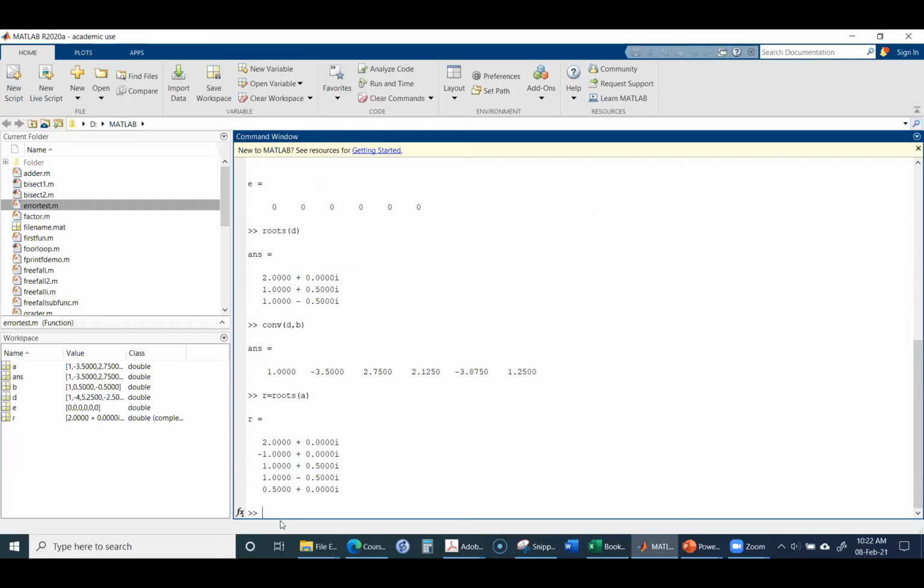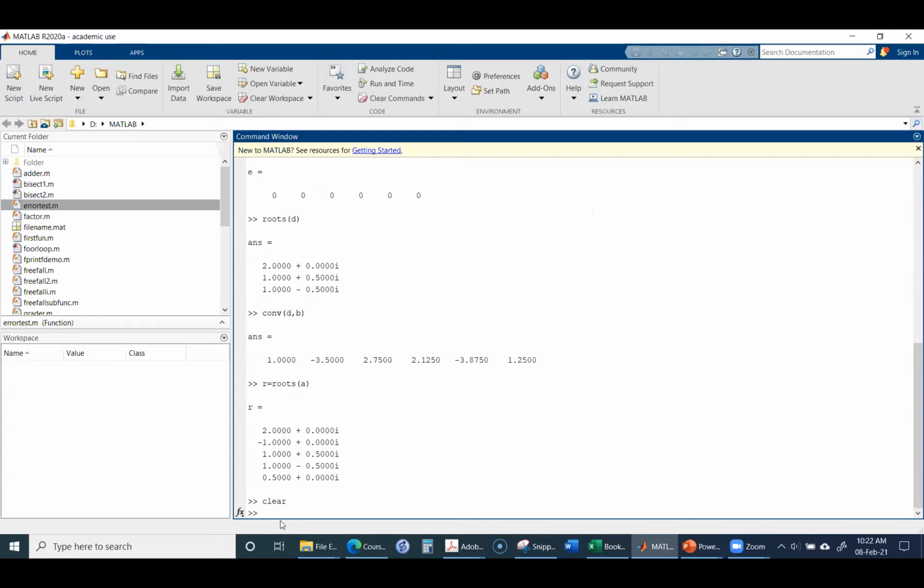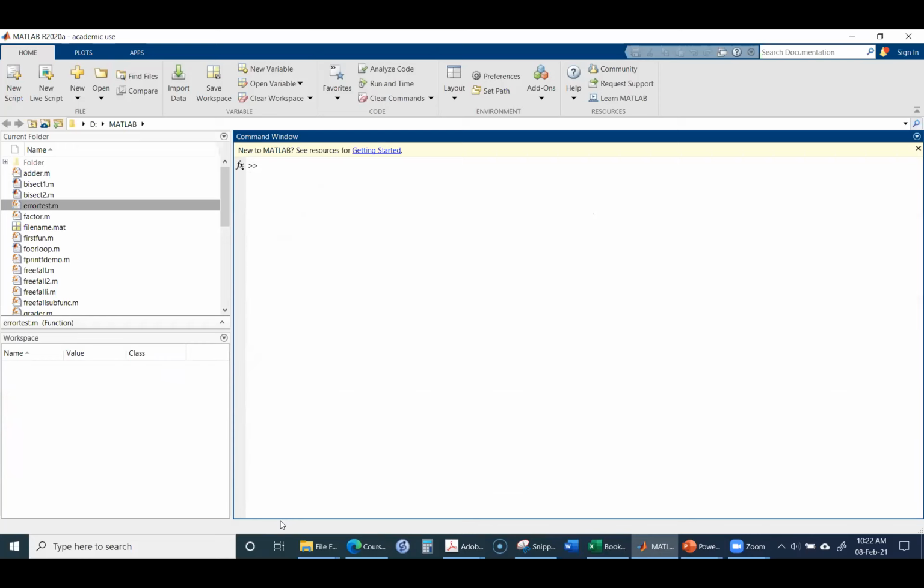Okay, so then let's try finding the solution of the equations on MATLAB. We will be using MATLAB to find the solution of the equations. So in MATLAB, there are several commands which can be used for finding the solution of an equation. So for example, if you want to find the solution of the equation,